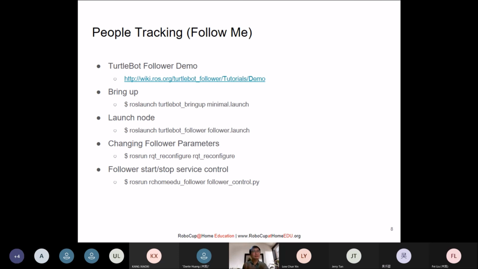For this follower, we also prepared the follower control, which is an on and off button. It lets you ask the robot to follow you, or ask the robot not to follow you so that the robot can stop over there. A lot of interaction is possible once you combine what you learned last week about speech interaction with what you learned today and after this. I hope you can be more creative in putting all these things together to come up with interesting